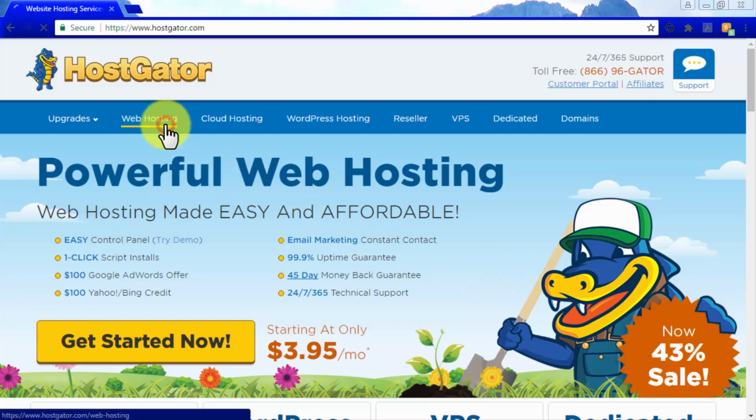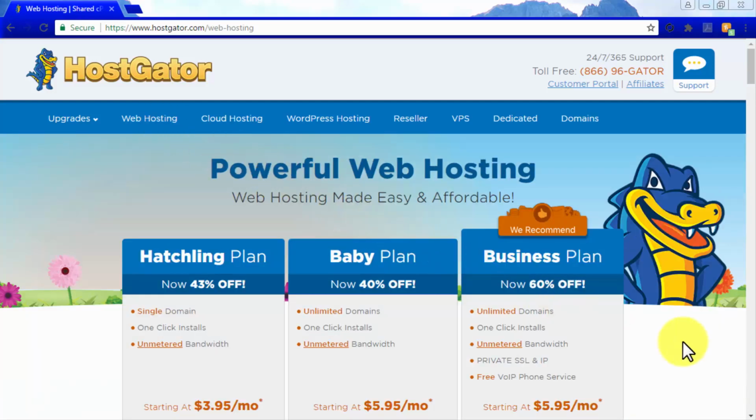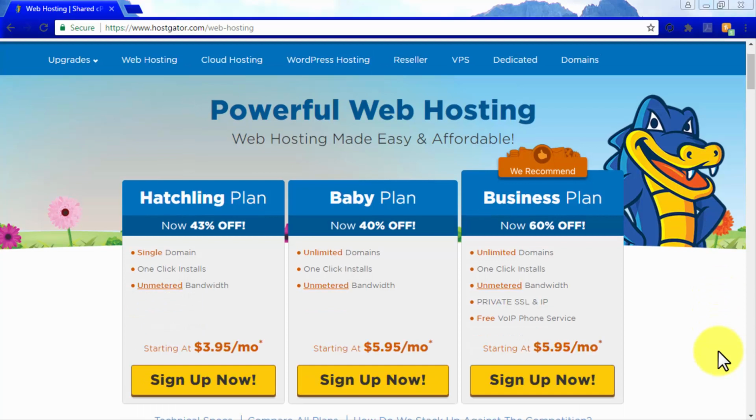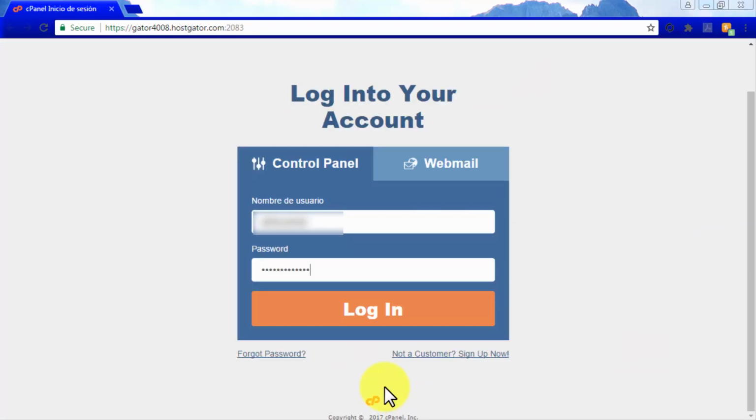Go to the Web Hosting tab where you will find 3 different hosting plans available: Hatchling Plan, Baby Plan, and Business Plan. We recommend you select the Baby Plan. This one will give you more for your Amazon affiliate business because it will allow you to use it for unlimited domains, to use one-click installs, and unmetered bandwidth. Click on Sign Up Now to check out and get ready to start building your Amazon affiliate website in the